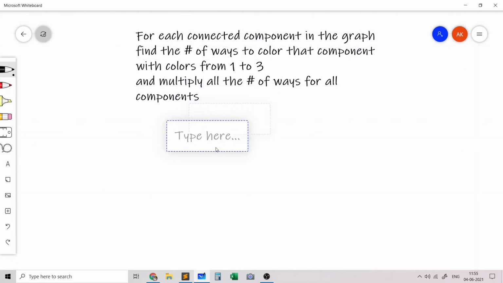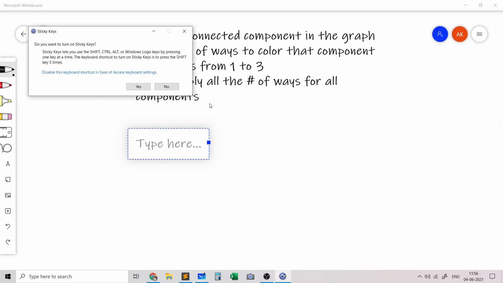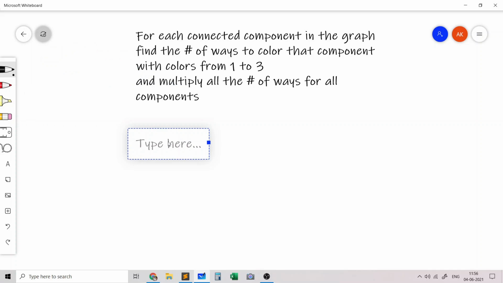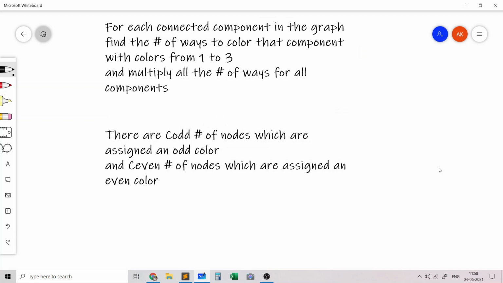And now in the final part, for each connected component, so let's assume that we are currently in just one connected component. What we are going to do is the same strategy of coloring all the nodes with an odd number or an even number. So let's say that there are c odd number of nodes which are assigned an odd color, and c even number of nodes which are assigned an even color in this connected component, of course.